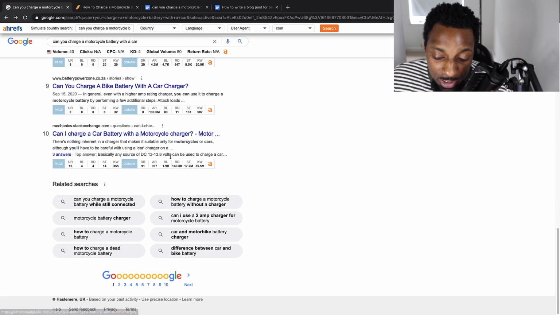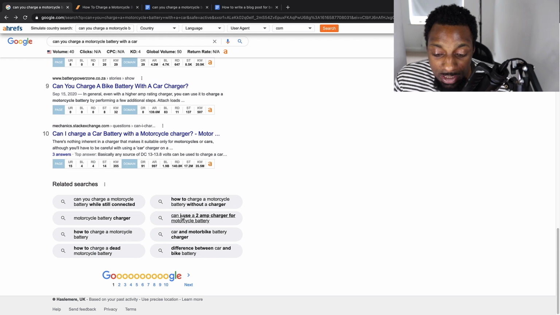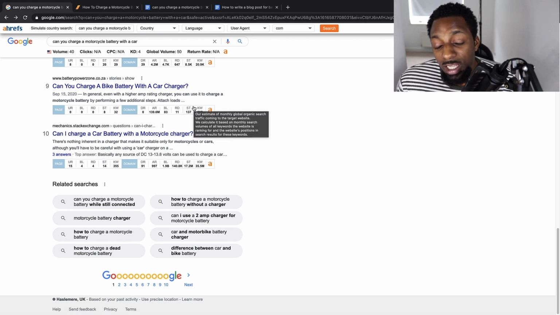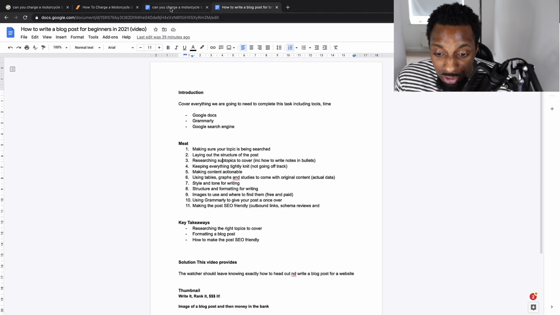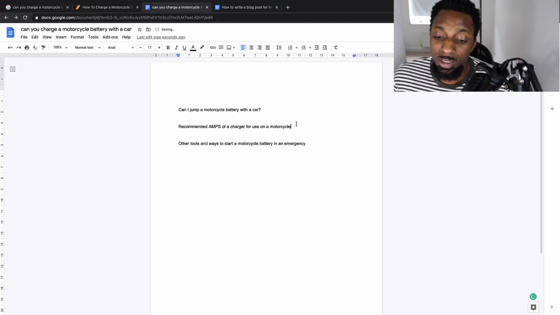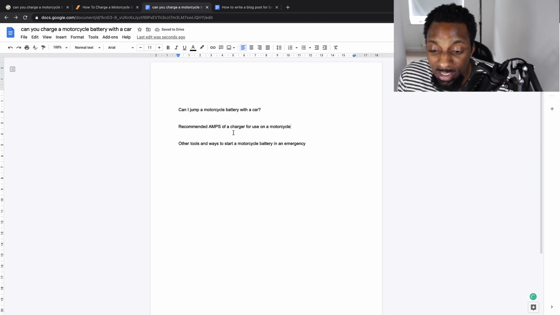Okay, so one of the other things that I've established here is people are asking a lot about the amps of the charger. Okay, so what we could create is a small table of the different amps that you can use on a car battery. So some of the ones that are recommended or not recommended, or the different types of chargers. Okay, so that's what we're going to go to here. Our third subtopic that we're going to be covering here is recommended amps of a charger for use on a